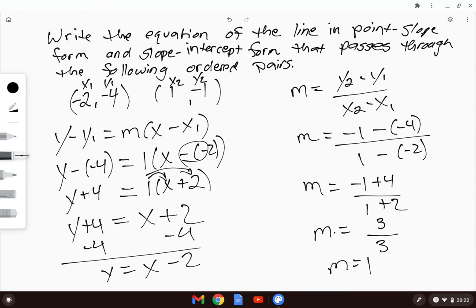So there is the point-slope form, or excuse me, point-slope form is up here, slope-intercept form of the line is y equals x minus 2. And then that's what I could use to graph my line. So remember, the whole reason for getting into slope-intercept form is so we can have the equation of the line and we can graph that line. That's the whole reason for going to that, as well as being able to clearly see and identify your slope and your y-intercept to use this equation to model and predict change, because that's what functions are all about,